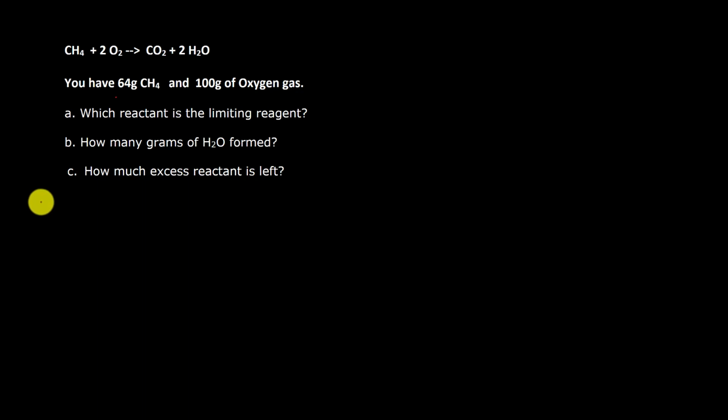First of all, just like we said in the instructions before, we're going to take each of our reactants and assume, just play like, they are the limiting reagent and figure out how much product we would form. Since the question we have is ultimately about H2O, let's use H2O as the product that we calculate for. We could have chosen CO2 just as well, but using H2O will save us a step later in the problem. So first of all, we start with 64 grams of CH4,